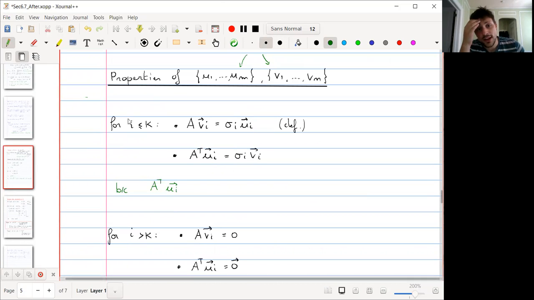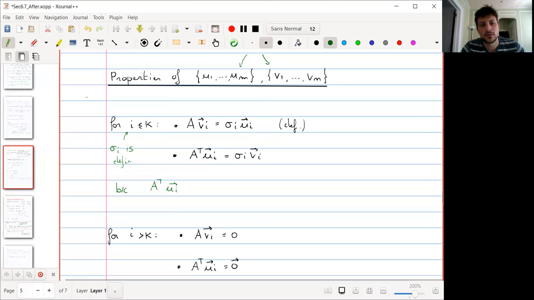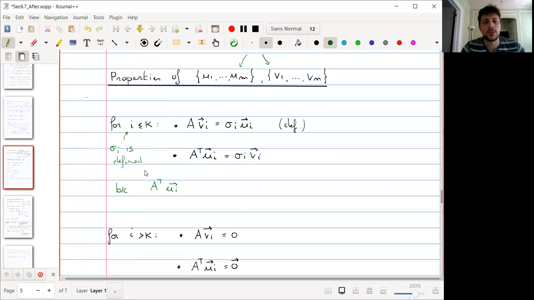Okay. So we'll work first with the indices for which a singular value exists. So when i is less than or equal to k, so sigma i is defined, we have the following two equations that are the equations that define singular vectors. The first one holds by definition of the Ui's. That's the first equation is satisfied. The second one is something that we need to check,